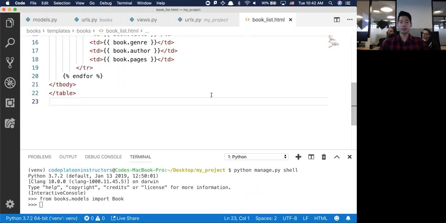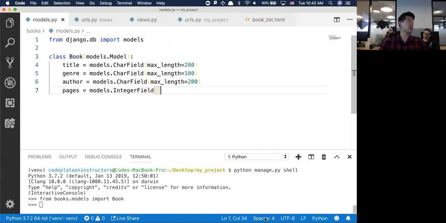What's the difference between shell and shell plus? Shell Plus has the models already imported. I just don't have the commands in front of me, so I'm just going based off of what I know. All right, let's create